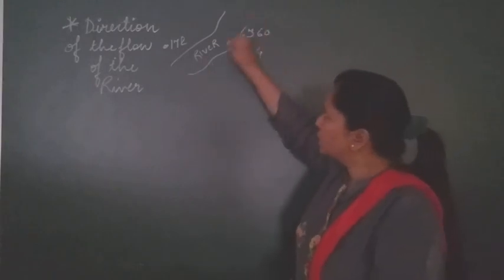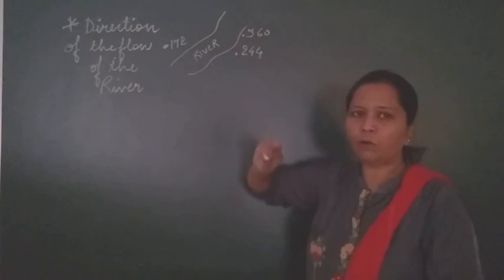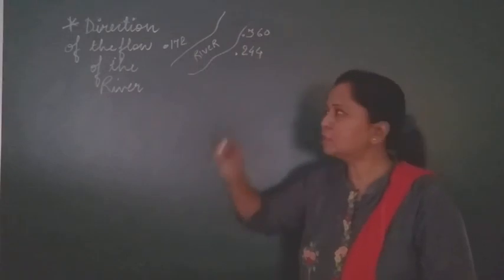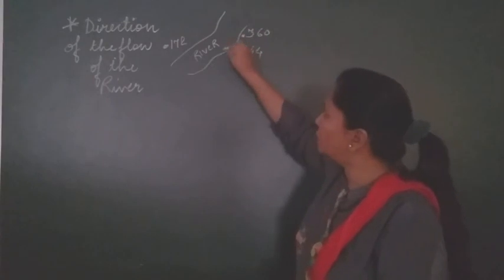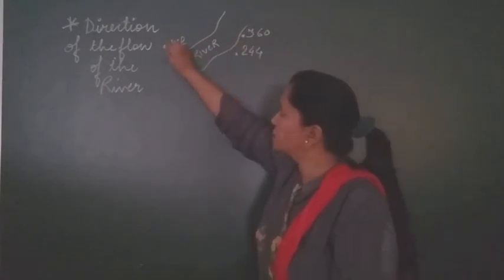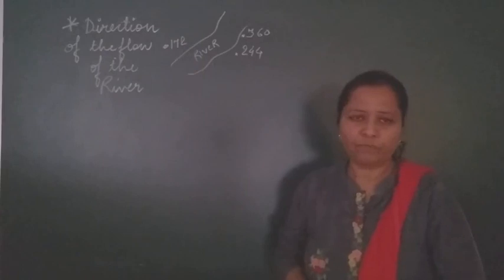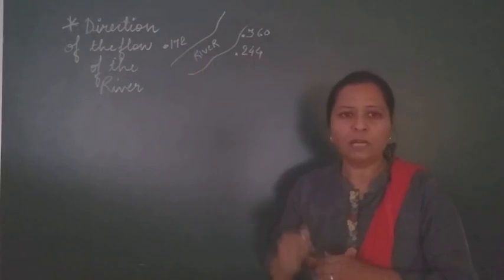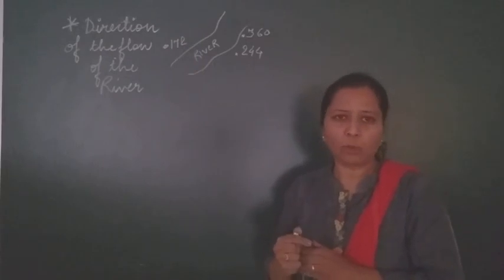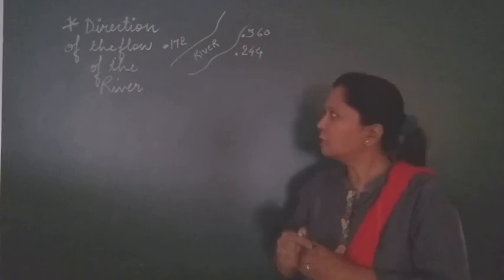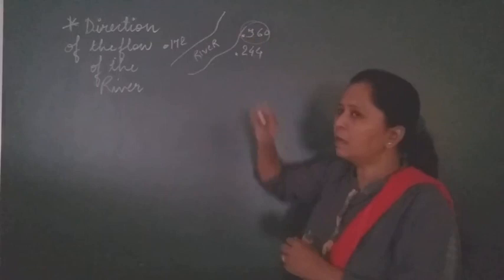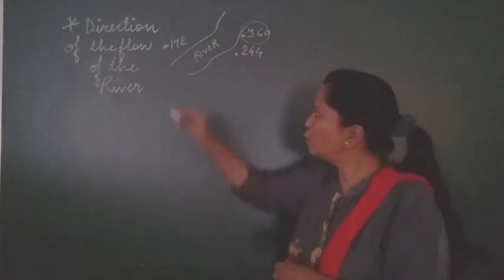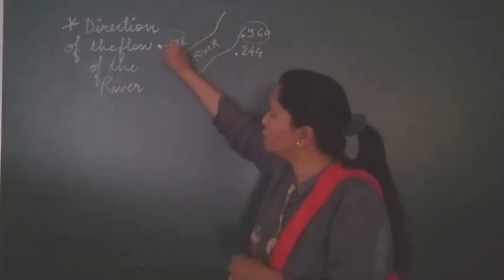So, where the river is flowing, you have to find out near the bank of the river the spot height. Now, for example, if this is 360, this is 244, and this is spot height 172. Now you have to find out the highest spot height and the lowest spot height. 360 is the highest spot height and the lowest we find near the bank of the river is